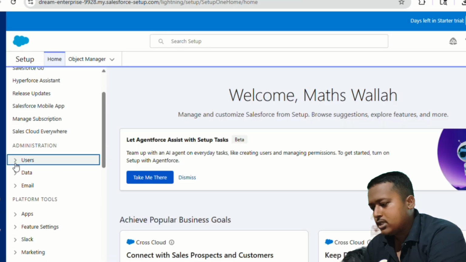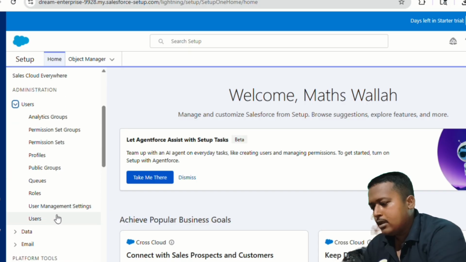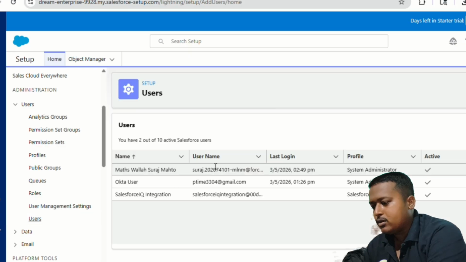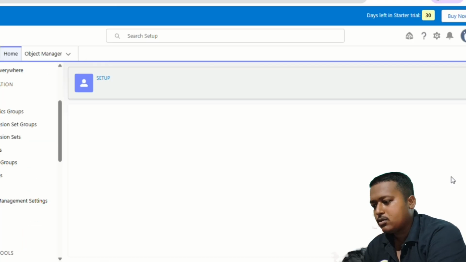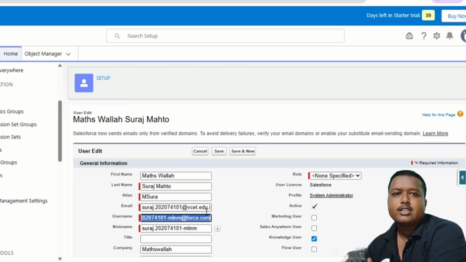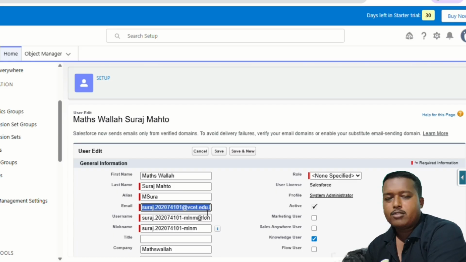So I will select users, and after clicking on users, as you can see, different users are there. The first one was mine, so I will click on Mathswala Suraj Mathur, and here I will change my username so that I will have a consistent email across all the portals, and there won't be any confusion regarding anything.